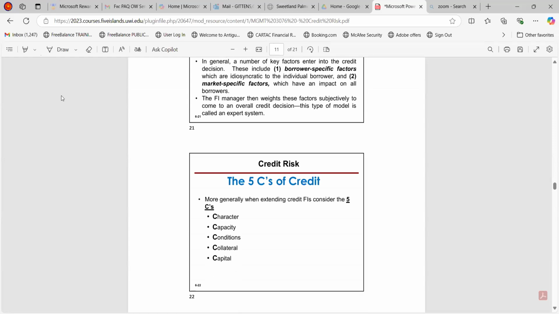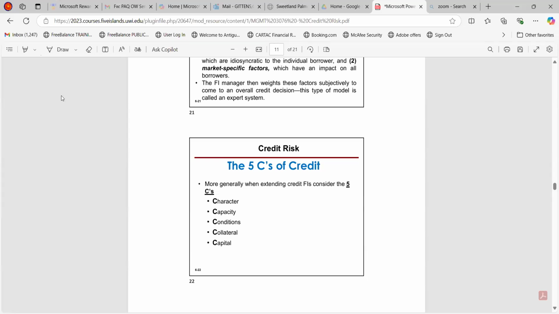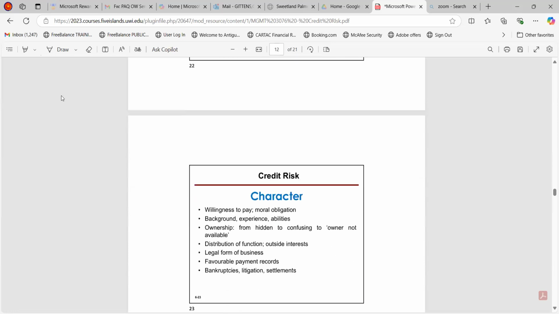Financial institutions use what we call the 5 C's of credit: character, capacity, conditions, collateral, and capital. They use those for their qualitative assessment. When you look at each of them individually, character is the person's willingness to pay. Has this person defaulted on loans before? Is this person paying their credit card bill? Does this person have a bank overdraft, and is the person paying the bank overdraft? You're going to look at the person's bank background, the experience, the ability to pay,